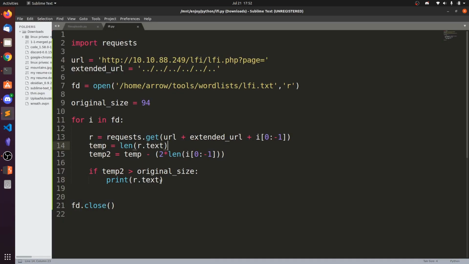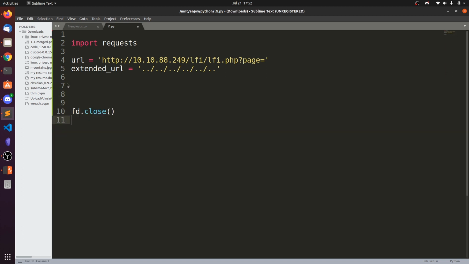So let's move to the next part, that is log poisoning using Python. So let's delete all this. Now we are going to create the headers.